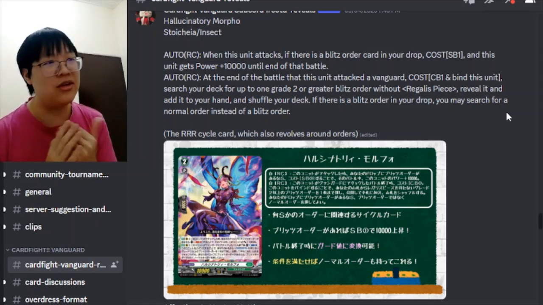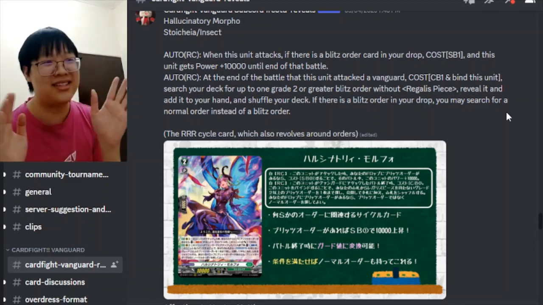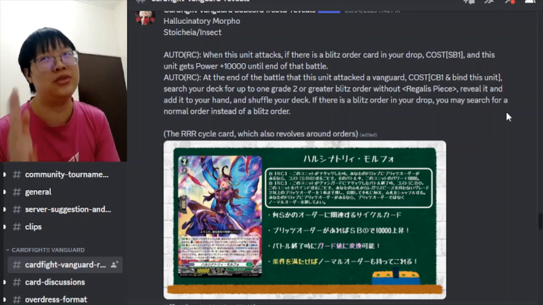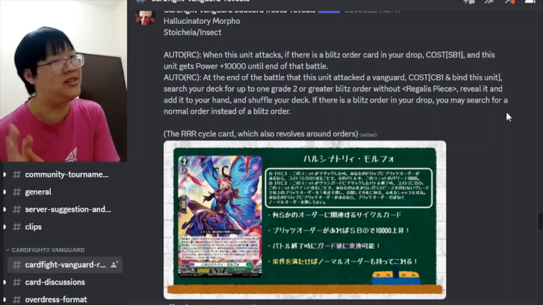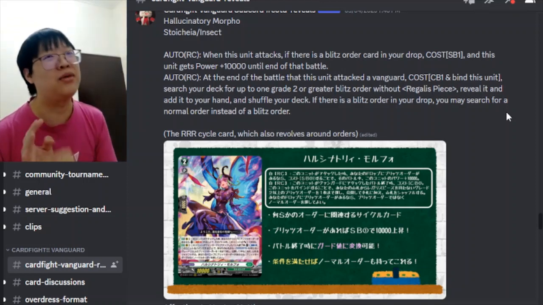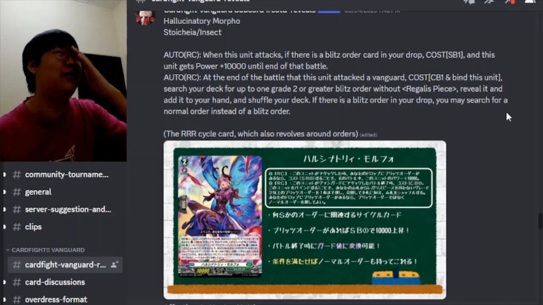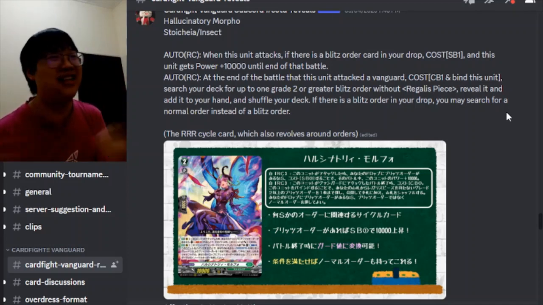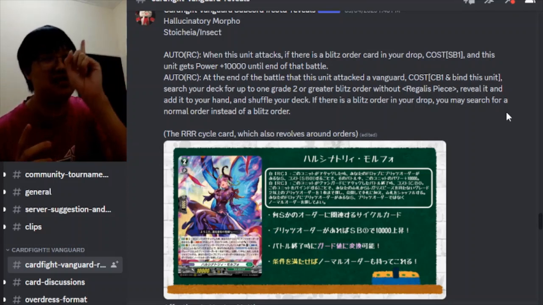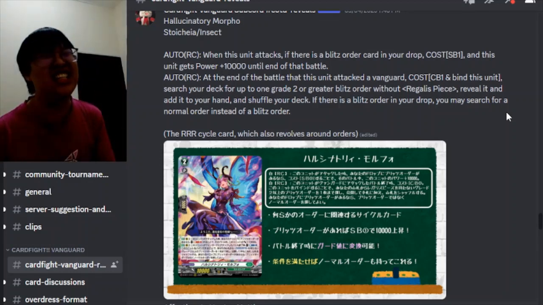If there's a Blitz order in your drop zone, you may search a normal order instead of a Blitz order. So it's kind of nice, because if your drop zone has a Blitz order, you look for the normal order instead. So the normal order can be like anything you get in Stoicheia, perhaps. I'm not sure if Blue Storm Armada, for example, they need it or not. What other normal? No, Blue Storm Armada is a set order, correction. Normal orders, probably something like Warp Intelligence, or you can use this in Zorga, I guess, because you can filter through